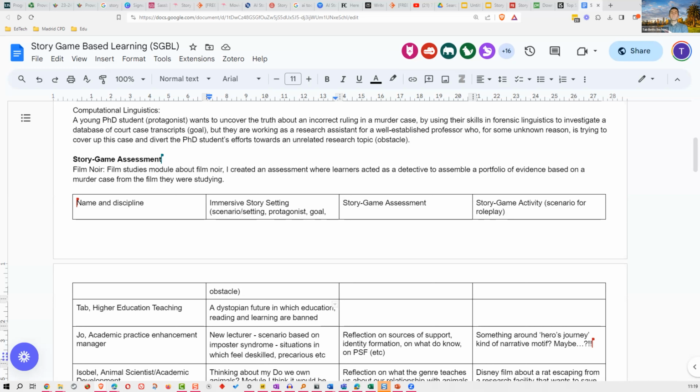But there's also quite a lot of evidence in the research about how using these kinds of approaches can really enhance learning and improve performance on assessments. So one thing I would say, if you're going to do it for the whole module, especially, but even if you're doing it for a small element, I would really encourage you to explain why you're doing it, give some rationale, and actually discuss it with the learners. And maybe make it flexible so they don't have to participate in the story game element of it. They can just do the assessment in their own way, but give them that flexibility.